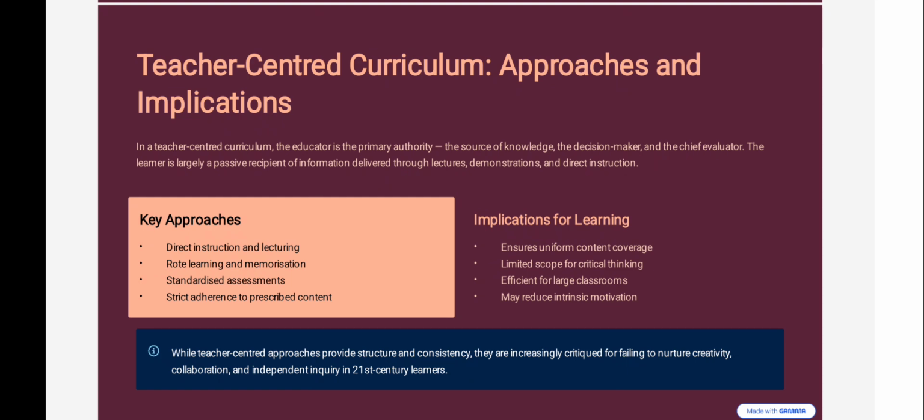Key approaches: direct instruction and lecturing, rote learning and memorization, standardized assessment, strict adherence to prescribed content.